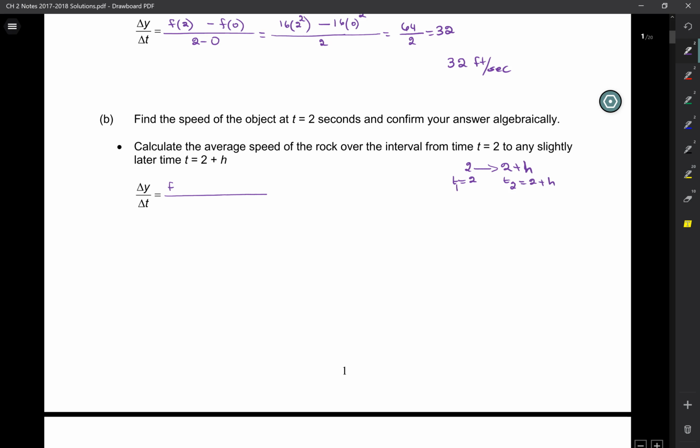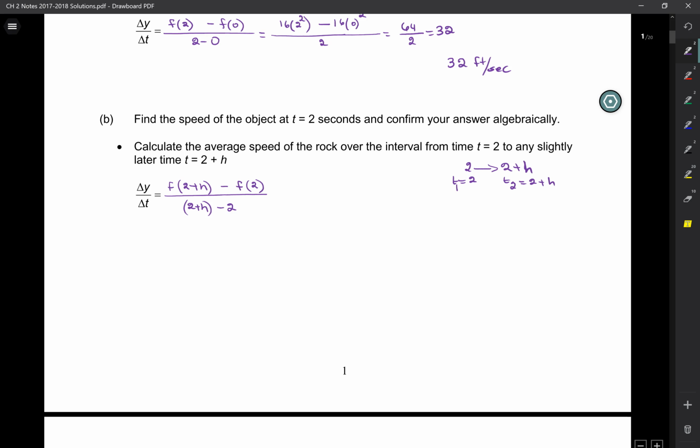Okay? So my starting time is 2 seconds. My ending time is like 2.4, 2.7, 2 plus h. All right. So here, we're going to do f of t2, which is f of 2 plus h, minus f of t1, which is f of 2, over 2 plus h